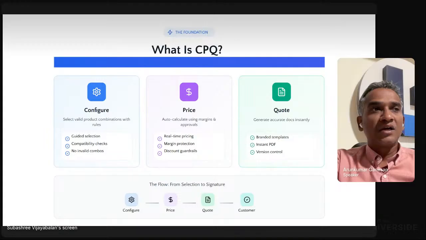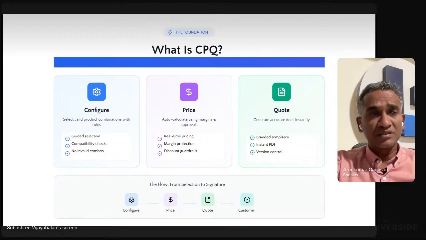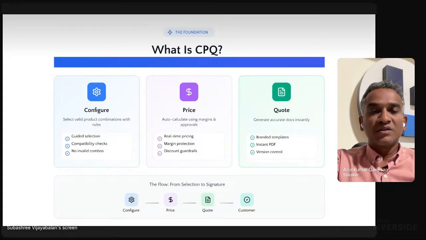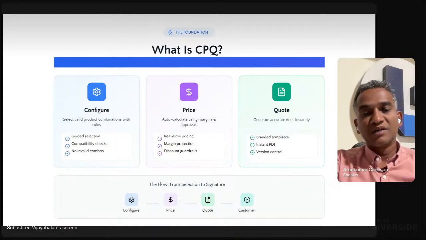and we need to have controls on margins, because based on time period and other things, we have to adjust the margins, discounts, and quantities. Whenever we go overboard or overshoot our discount thresholds, we need a control mechanism, right?